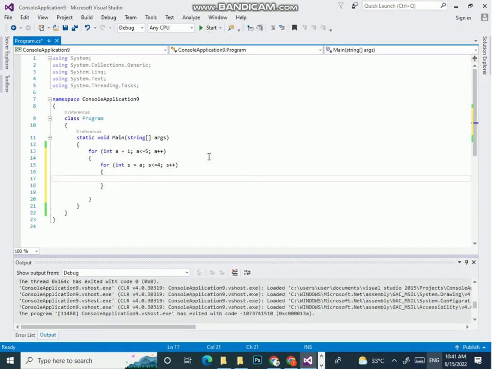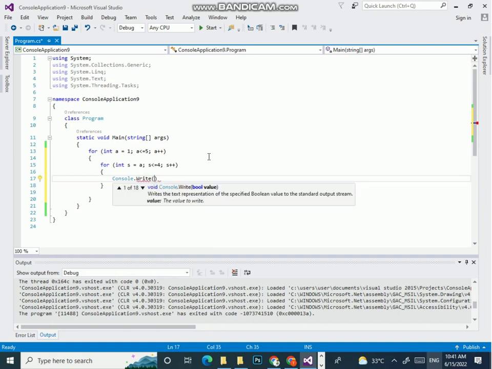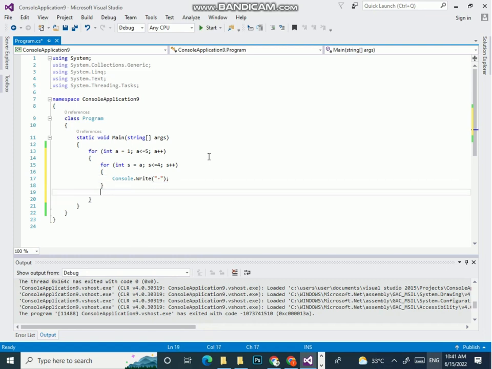So Console.Write, I will use Console.Write because I have to write on the same line, no need to break lines. So Console.Write, for space I am printing dash,